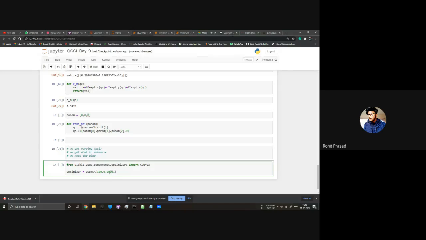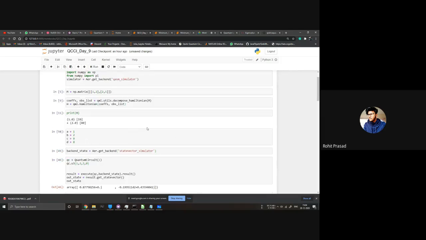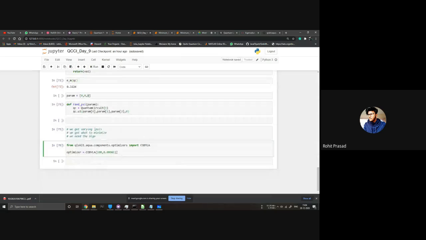That's what tolerance is. So I'm setting it. Normally it's set at 0.01, but I will take a smaller value as our circuit is not that heavy, so it will be able to run all the same. Let's take 0.01. So our optimizer is ready.